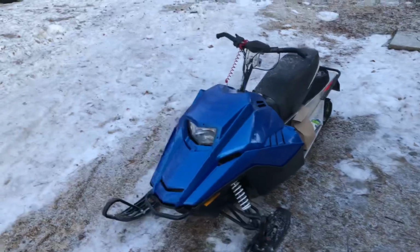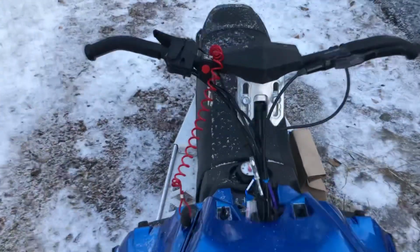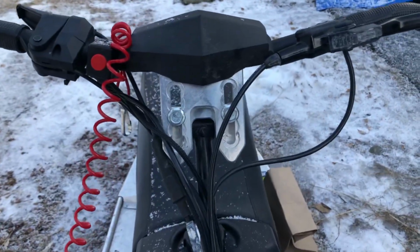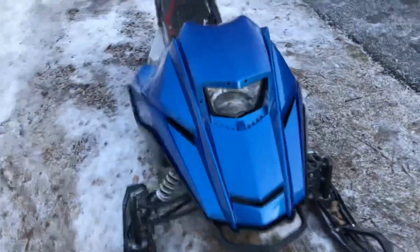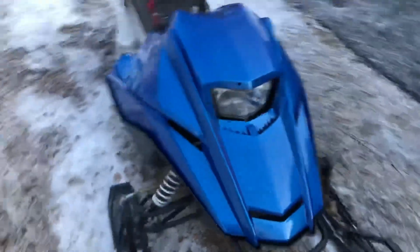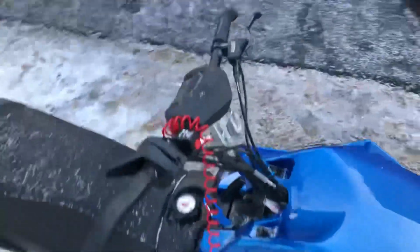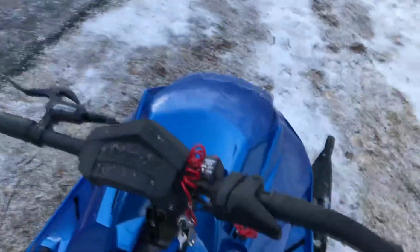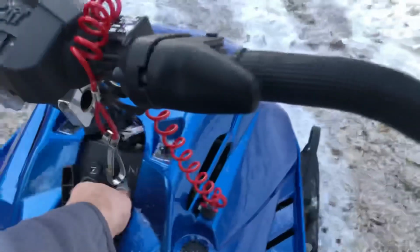All right, so I got the cowling back on Preston's sled here, and lowered the handlebars a couple notches. Might lower one or two more. We'll see after I get them on it. But the next thing I'm going to do is fire this thing up and show you the light, because I'm putting a new light in it. Should be pretty cool. So let me see if I can choke going on. Yeah, hold on. So to put it in perspective,